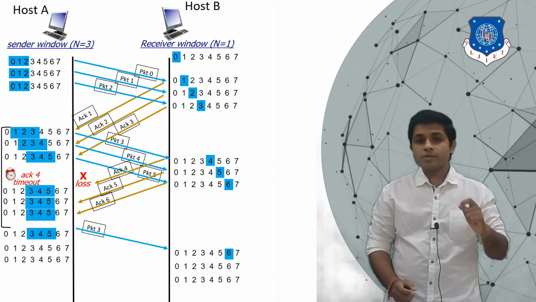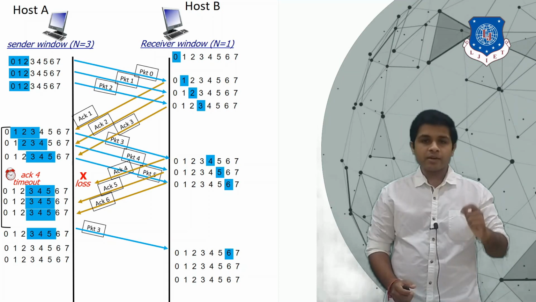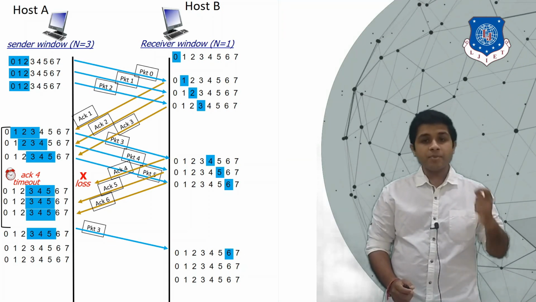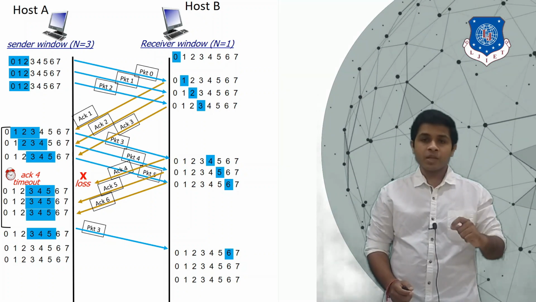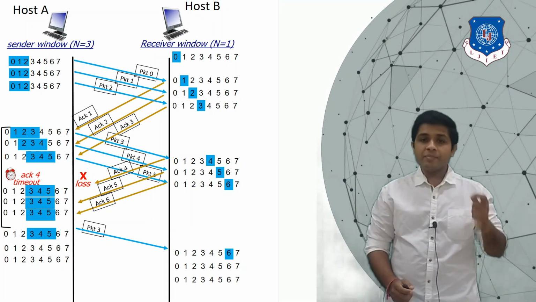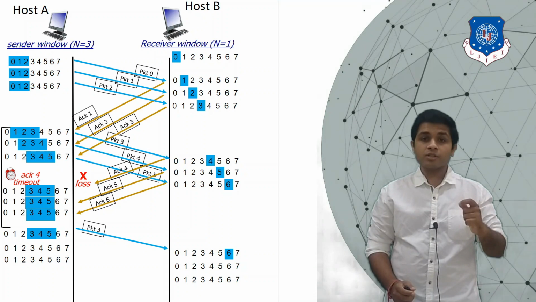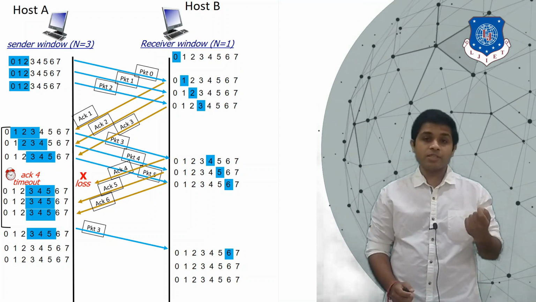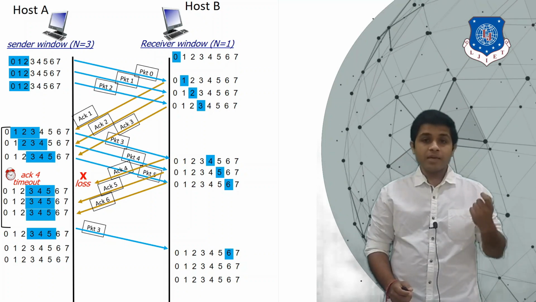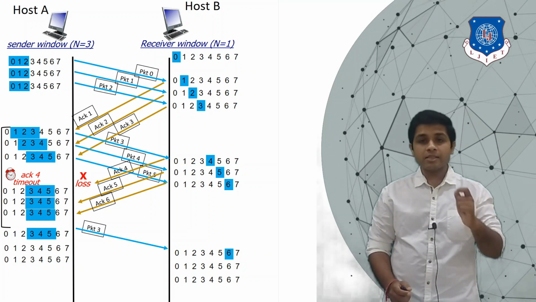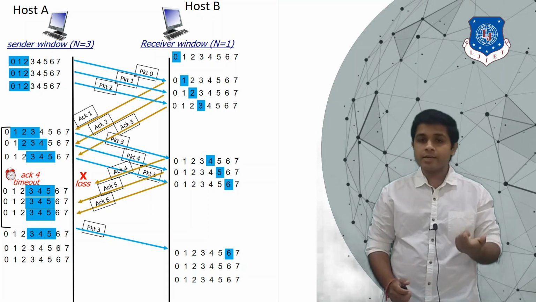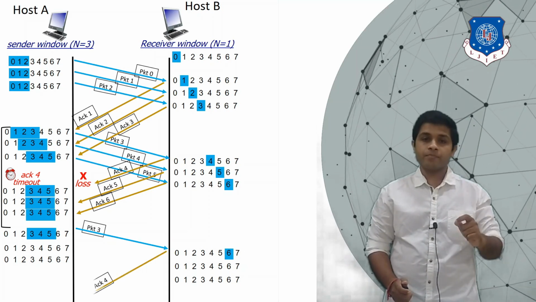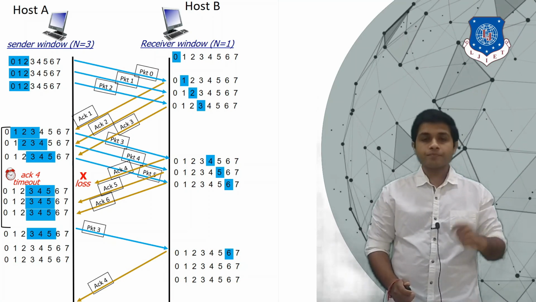So when B receives packet 3, it will think that, okay, this packet is already received by me and I am receiving this packet again. B will also think that there might be a possibility that the sender has not received the acknowledgement. So B will simply discard this packet because it has already received it, but B will send the acknowledgement for this packet, that is ACK4.